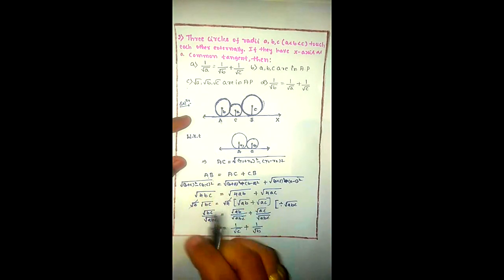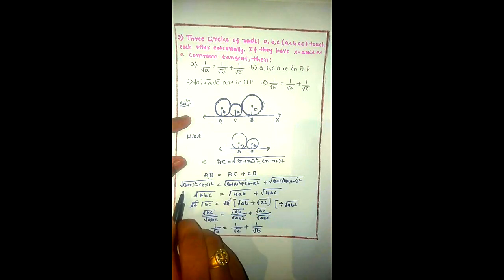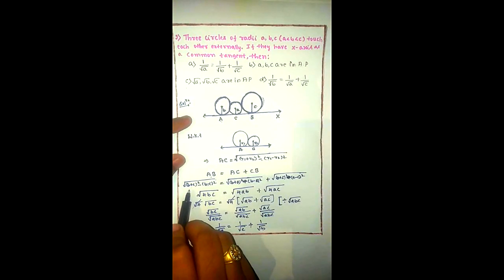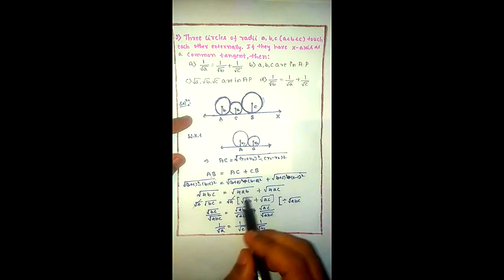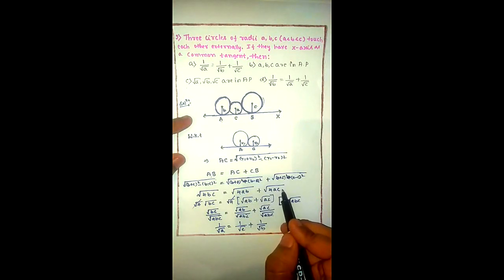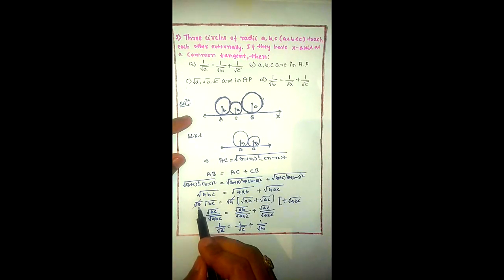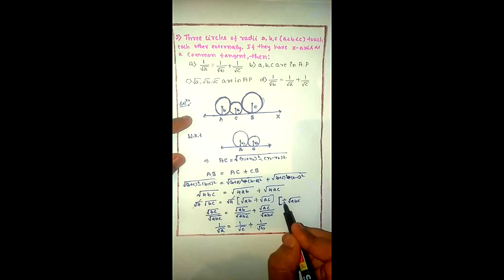If I solve this, you can expand it. You know the formula, (A plus B) whole square minus (A minus B) whole square. The terms cancel, plus and minus. So finally we get square root of 4BC. In the RHS, if I solve these equations, finally we get square root of 4AB plus square root of 4AC. Here root 4 is common, take it outside, so root 4 gets cancelled. Next step, dividing throughout by square root of ABC.